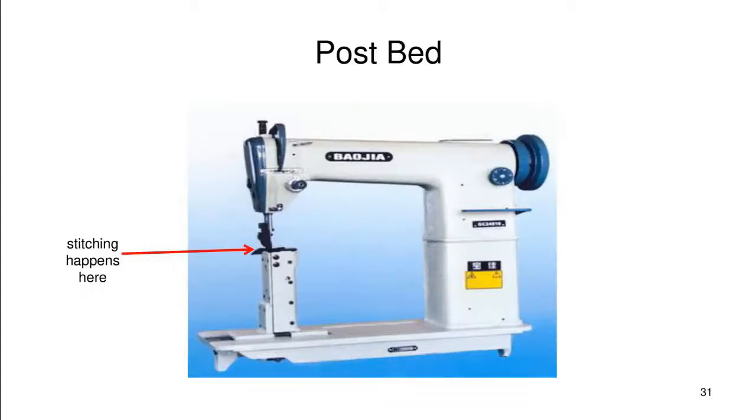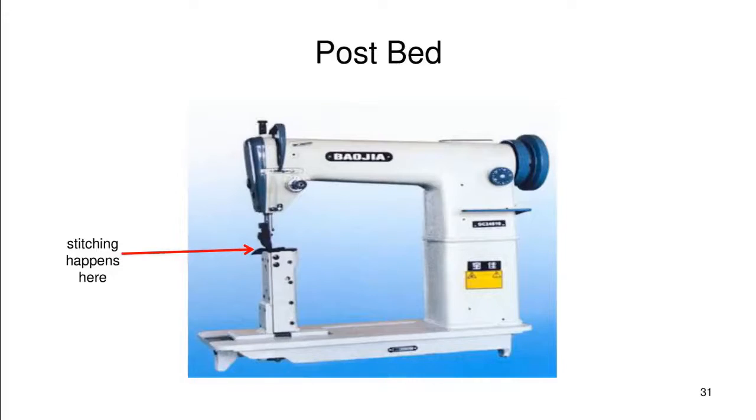Slide 31 shows the actual picture of a post bed stitching machine. The stitching is happening at a particular height. The operation is pretty much the same as a normal machine, just that the stitching is happening at a particular height where the needle and all the other things are midway in this machine that we see. The base itself has been lifted. That's 31, and I have shared all the videos with you for all these machines. You can actually see the working of these machines and have a very good understanding of how it looks, how it operates, and how the operation is done on these machines.